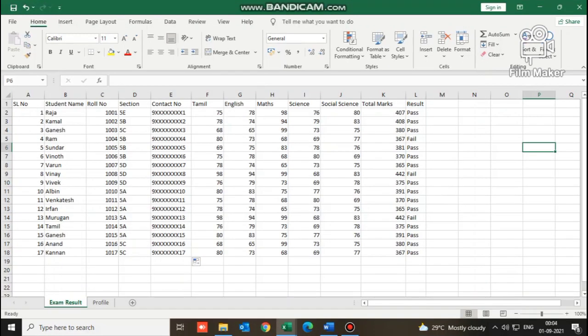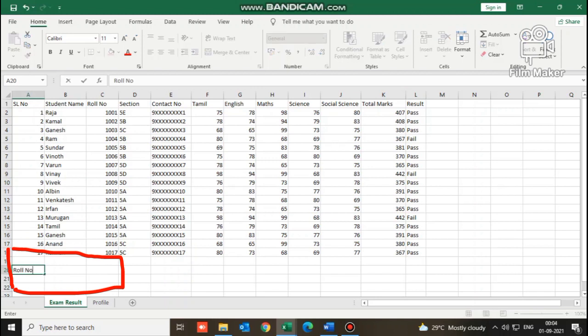Friends, so far we have seen VLOOKUP between two sheets in the same file and VLOOKUP between two different files. Now we are going to use VLOOKUP in the same sheet to find out any particular value. See, in this students details file, we have many students and their exam results. If we want to check a particular student's result, we can use VLOOKUP in the same spreadsheet.